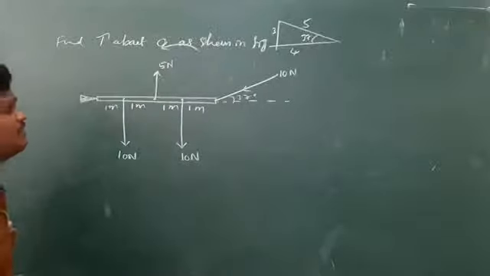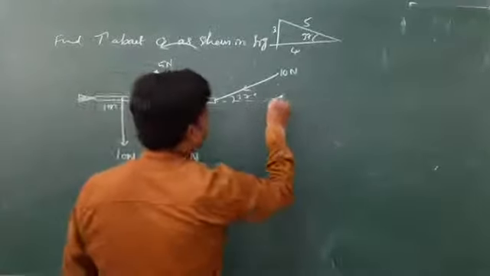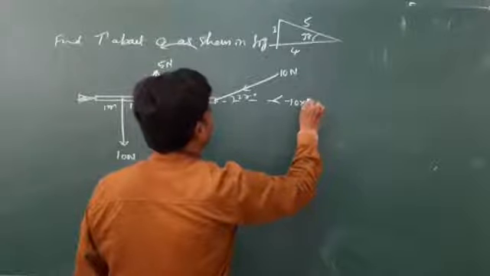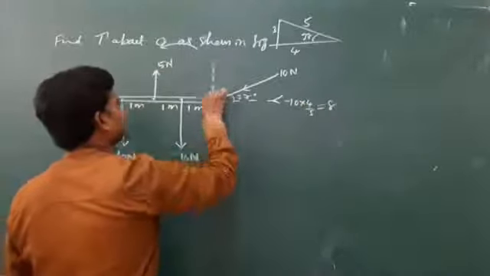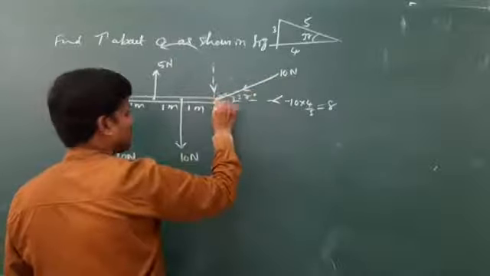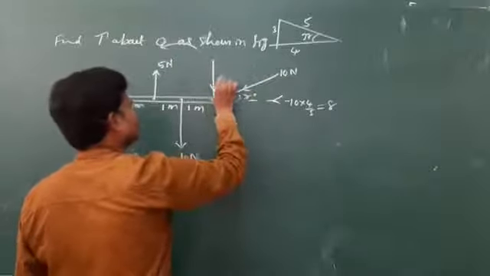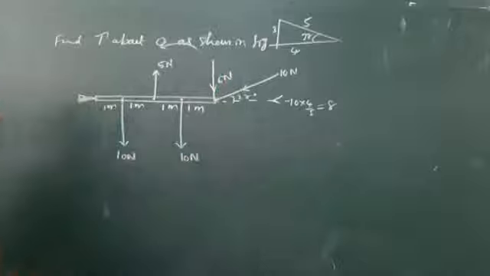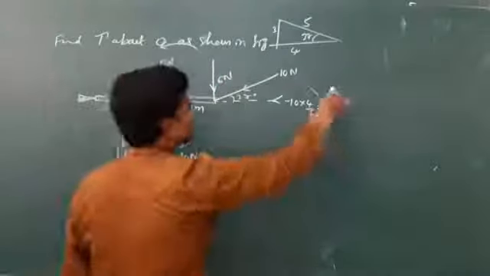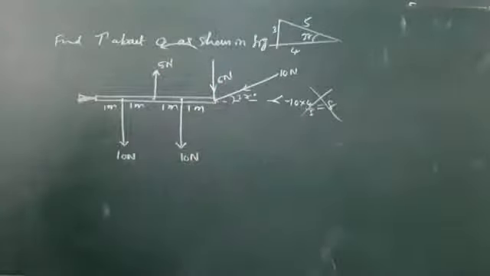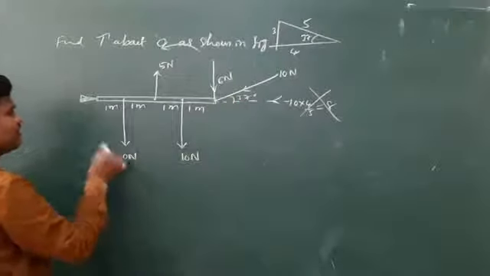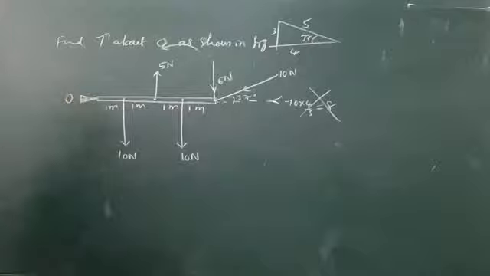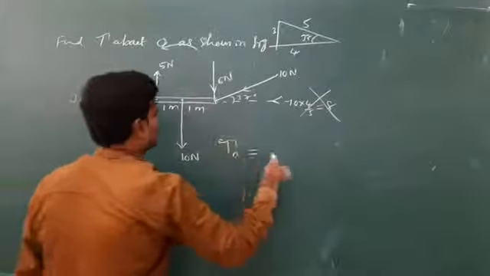Then do it fast, this one. See, this is 10 cos 37, which is 4 by 5, so keep in mind 8. See the arrow mark, it is along the rod. And this is 6 Newton. Very clear, this will not create any torque. How many forces will create a torque? 5 Newton, 6 Newton, and the two 10 Newton forces will create a torque about O.